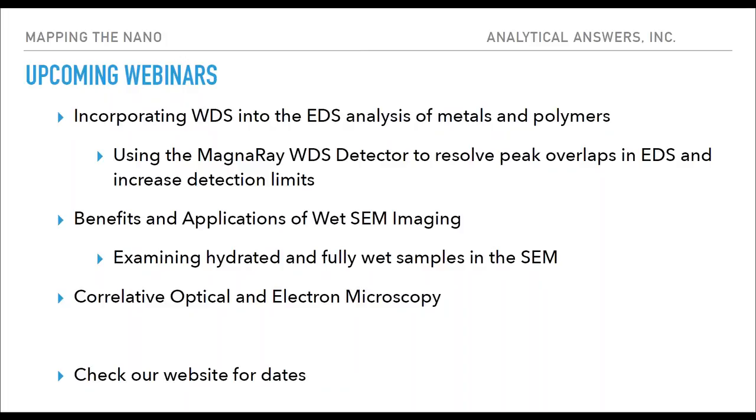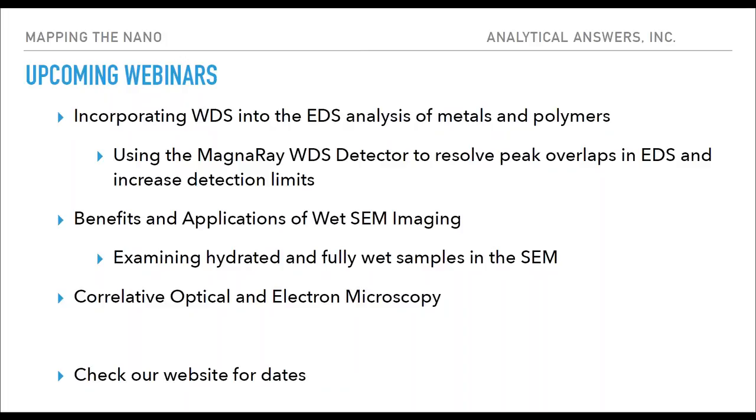So when you're looking at very low concentration dopants in a metal, or if you're looking at very low fill percents in a polymer, WDS can help you with both of those. It can also see low atomic number elements with greater sensitivity than EDS, all the way down to beryllium, with very good sensitivity. The next one's going to be benefits and applications of wet SEM imaging, and that's going to